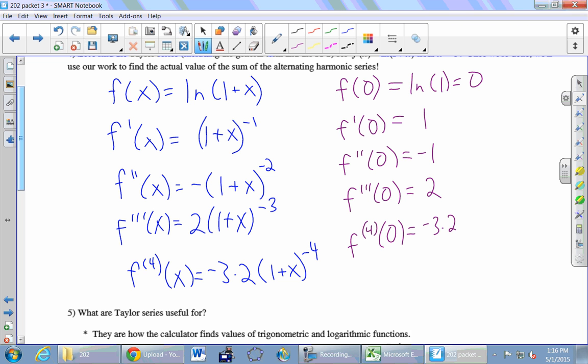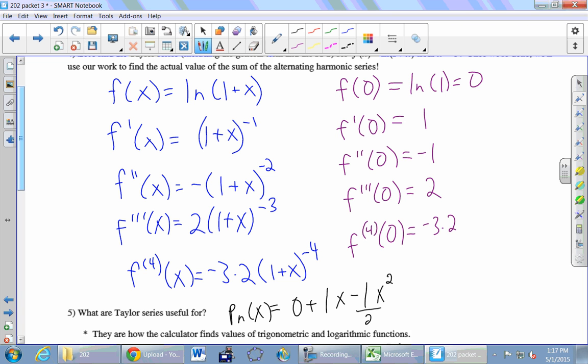All right, so now we just got to churn through our formula here. So we're going to do this one not as detailed as the last guy. So P sub n of x equals. Okay, first term is 0 plus 1 times x, right? X minus nothing is just x, and that's raised to the first. Next derivative here is a -1. X to the 2